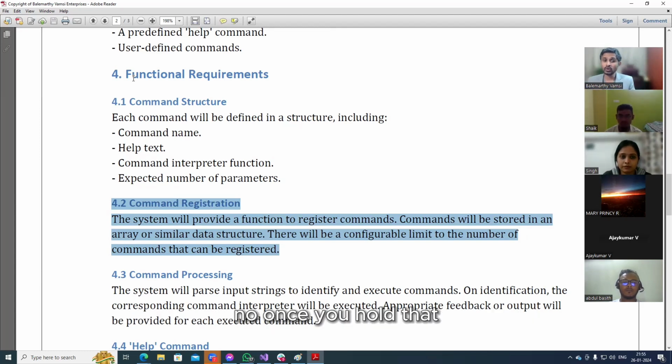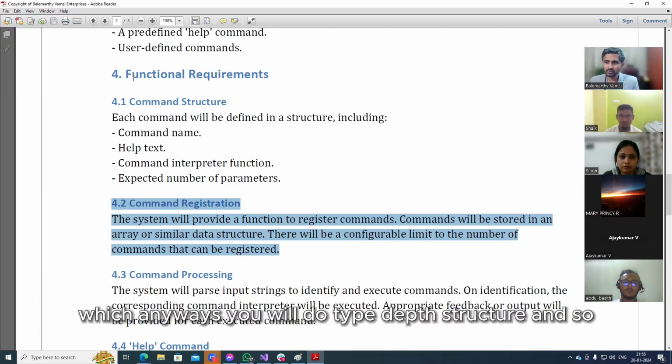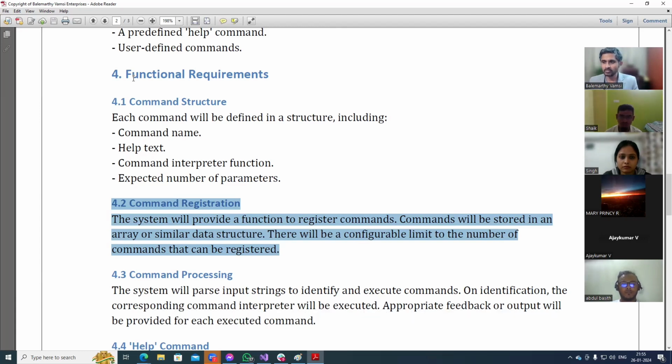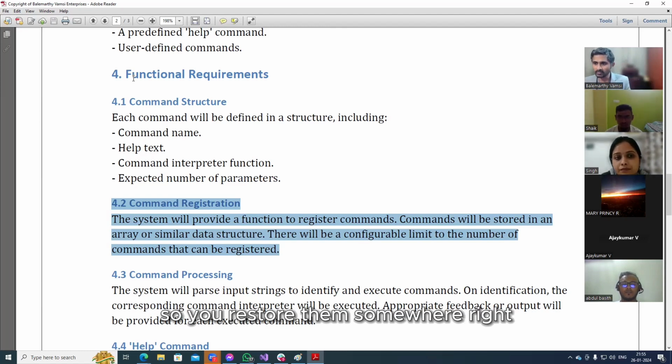Now, once you hold that, you need to name them, which anyways you will do. Typedef struct so and so. So that is also done. Now you need to store them somewhere. You got a certain set of commands, so you need to store them somewhere, right? That's what that registration is.